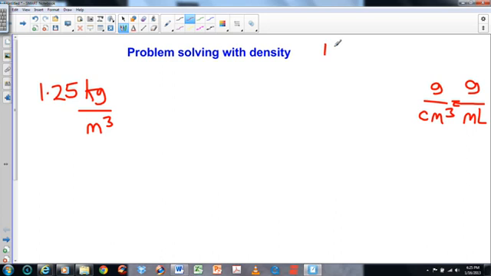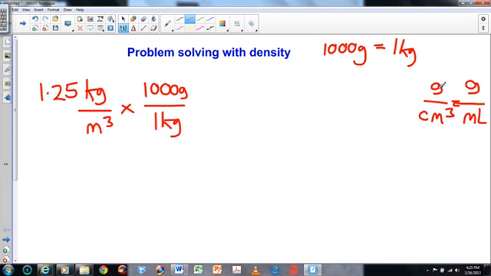You have seen before that 1,000 grams is 1 kilogram. There's not much of an issue there. So you can convert from kilograms to grams here simply by saying if we have 1,000 grams, then there's 1 kilogram. That puts your grams on the top, takes care of it. But our meters to centimeters cubed is more of an issue, and that requires knowledge of the fact that 1 meter